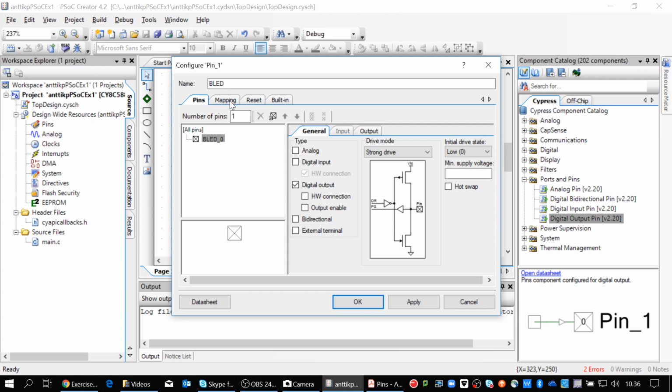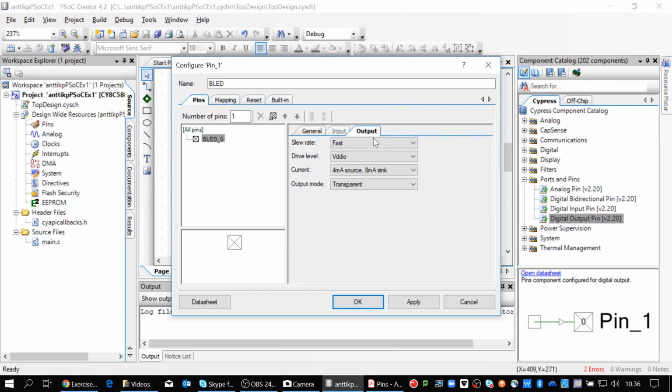Okay, what else? Then we have the output. What kind of output is it? Is it fast? Yeah, why not? If you don't need a fast signal, then basically you can use different ports. This affects mostly which pins you can use. Drive level, okay, well, most probably you will drive it to the VDD IO. Current, okay,